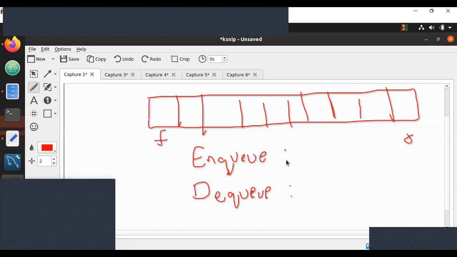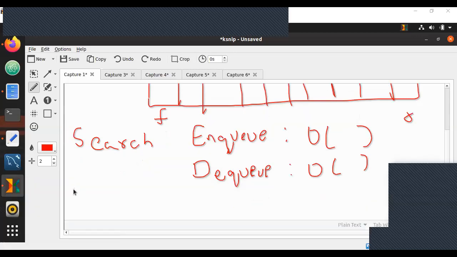Think about this. To NQ and DQ, what will be the time complexities? Then we will search. Then we will find out the time complexity, particularly for search later on, and for delete as well. My first question to you guys is,